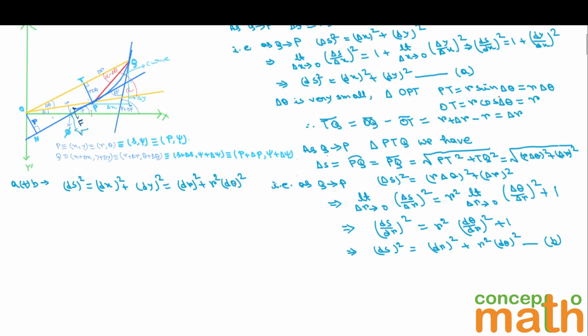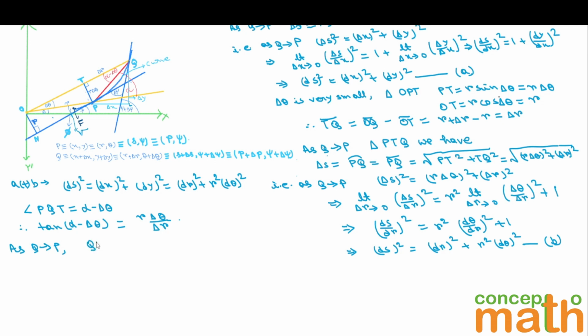Now we will proceed further. If you observe carefully, the angle PQT is alpha minus delta theta. Therefore, tan of (alpha minus delta theta) will be simply perpendicular by base, that is r delta theta divided by delta r. Now see, as Q approaches P,